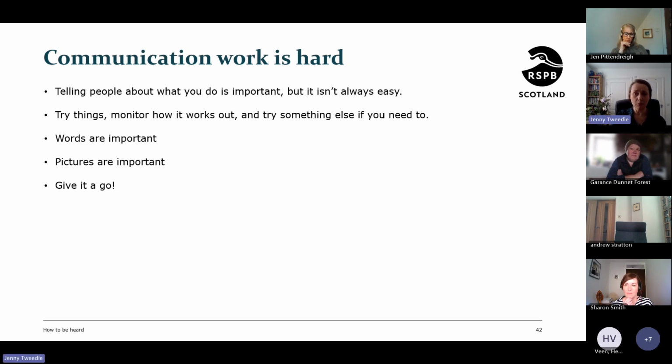Key things, words are important. Whether they're written by AI or by a person, words are really important because they're still how we learn things as human beings. They're still how we find out about stuff. Pictures are really important. They can really help to lift things and to bring people into things and to tell a story. But it is the words that are the crucial thing, I always think.